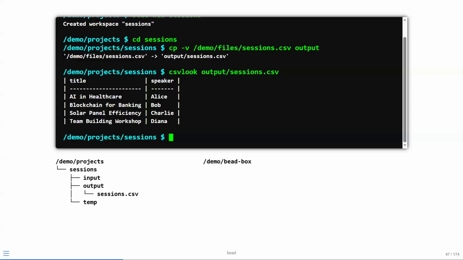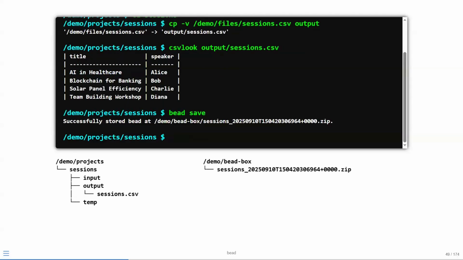So it's AI in healthcare, and Alice, she will have a program later, and also team building and workshop. Diana will have the other, who will need some attention later. The other two sessions will be